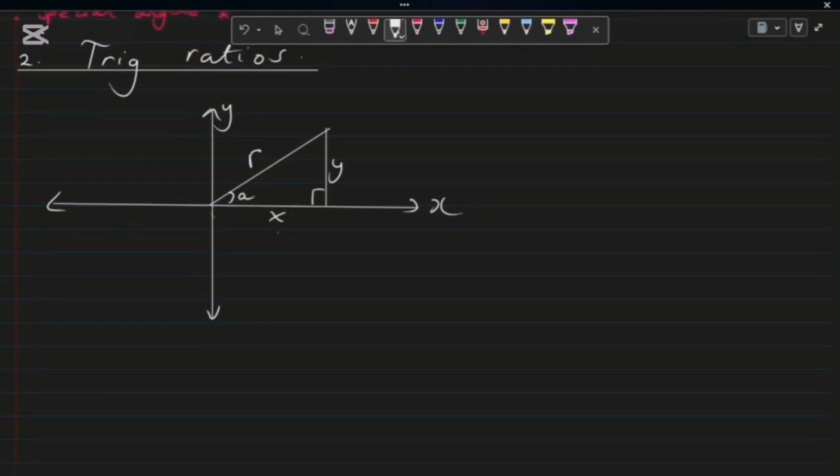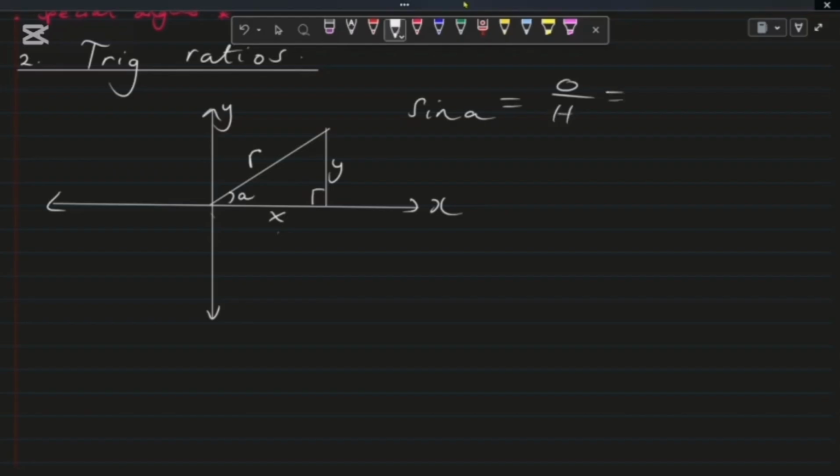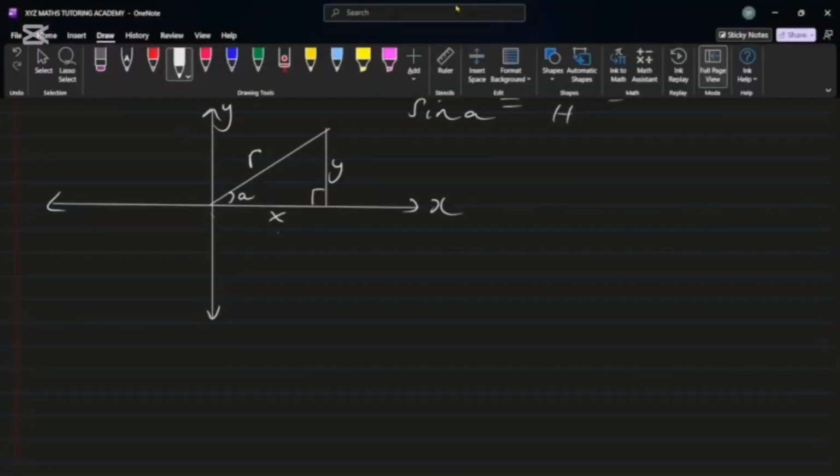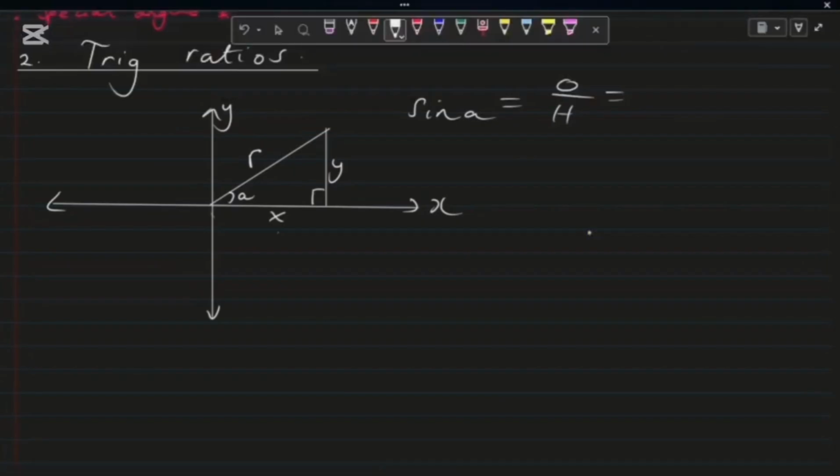Determine the trig ratios of angle A. So we can see that sine A is basically opposite over hypotenuse. This is our starting point, and then we can see that the opposite side is the y length. It's y over r, and then we can find